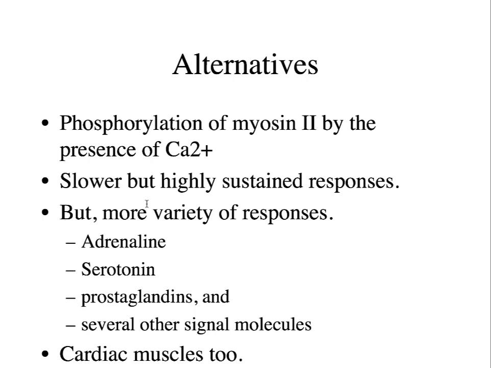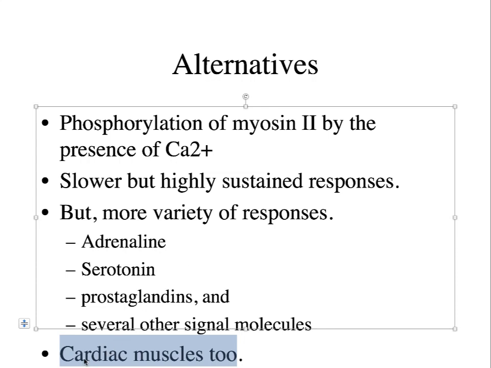In addition, because of the way that this phosphorylation can take place, there are a variety of alternative activators that can cause a response. So many cells have receptors for adrenaline, which actually end up releasing calcium, which causes the phosphorylation. We could look at cardiac muscle cells too, but we've decided that that's not really the point of this